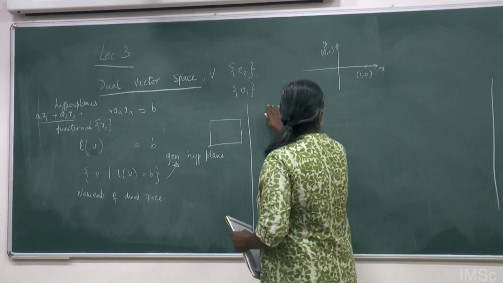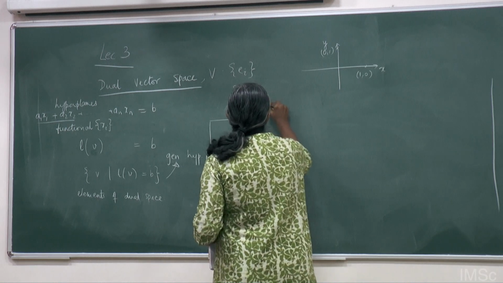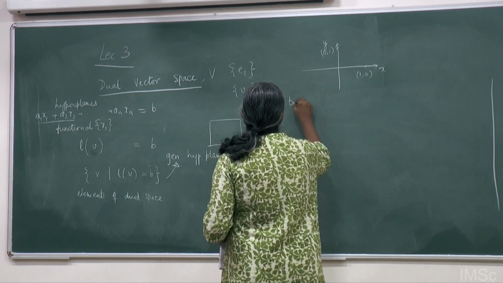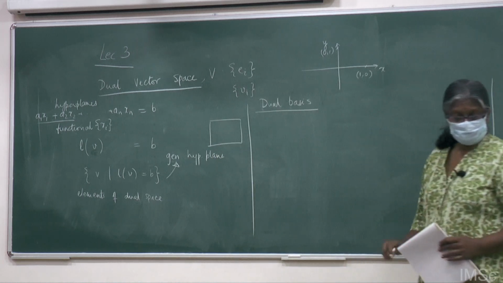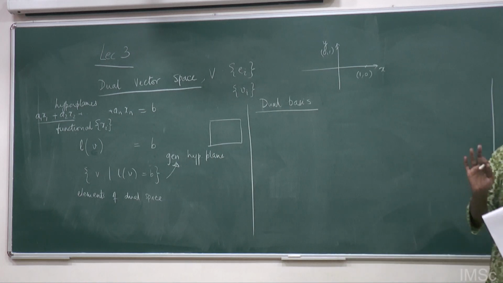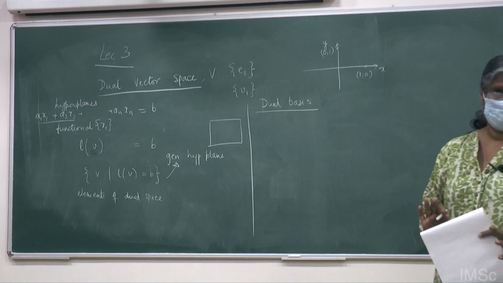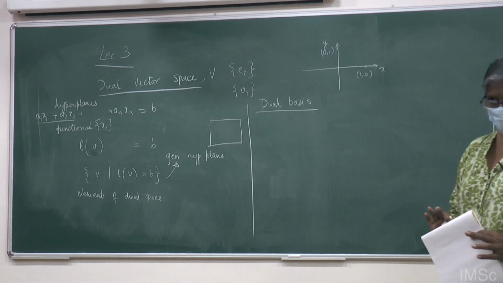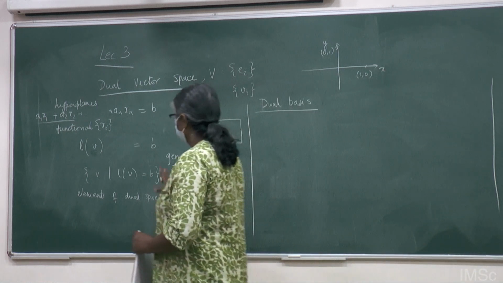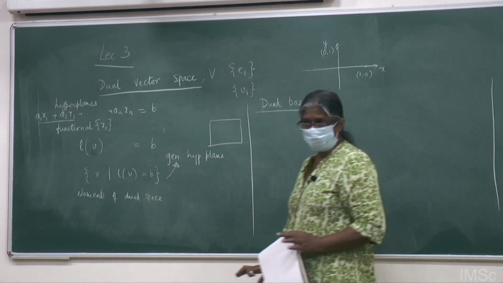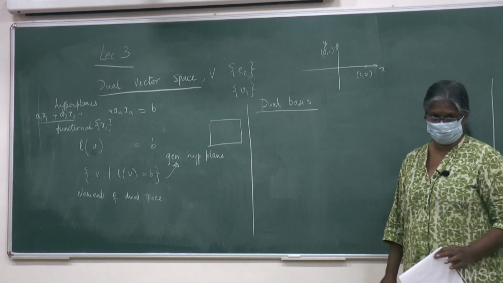So it's visible up till here, no? So this particular basis set is called the dual basis. So I have to choose a particular dual basis. In that I can show the nice properties of the dual vector space. Is it clear? Here B is called the element of dual space. The sets of B are defined as the elements of the dual space.